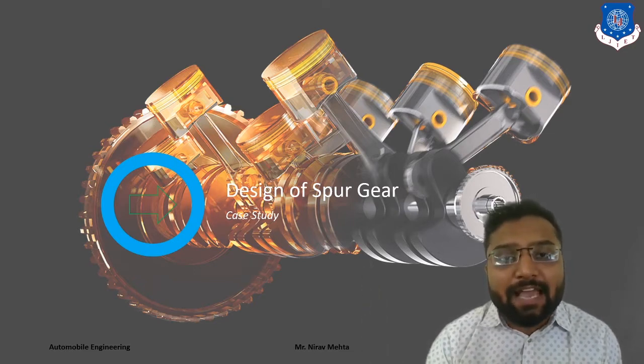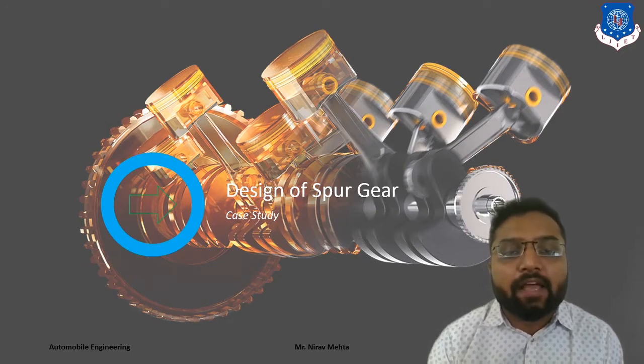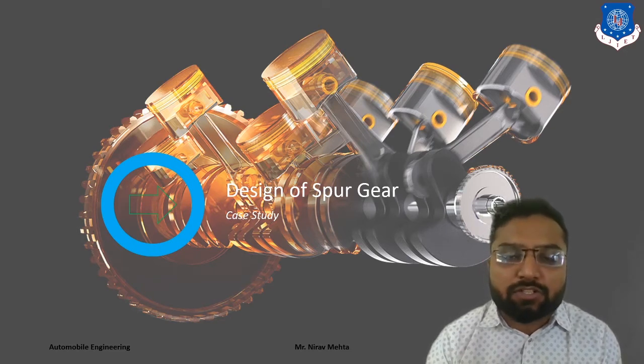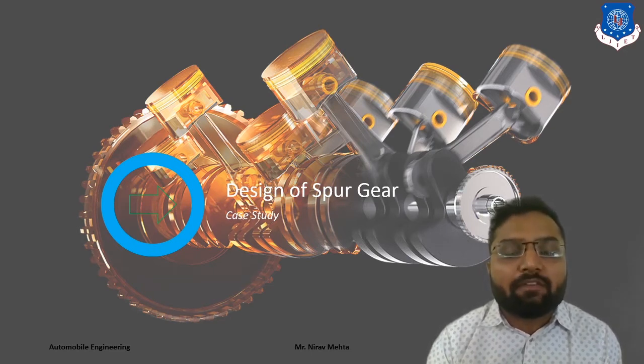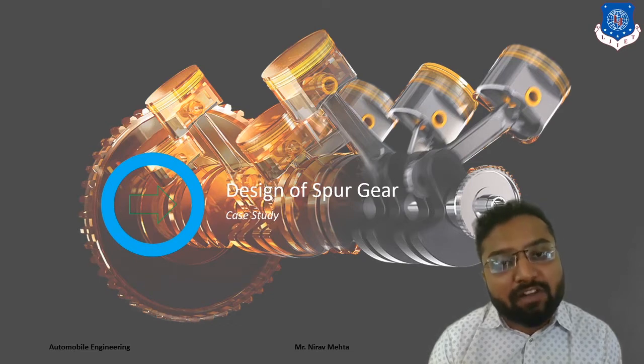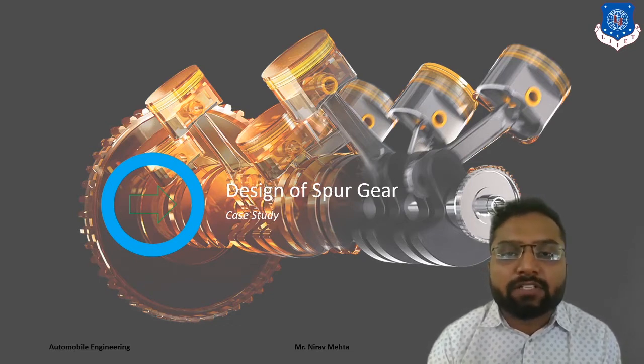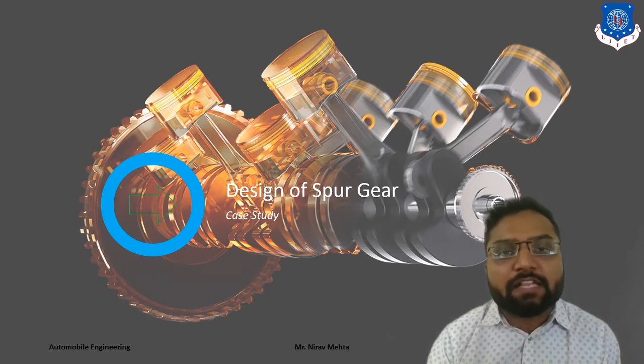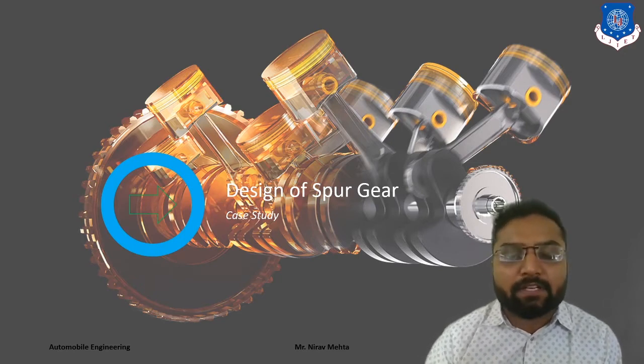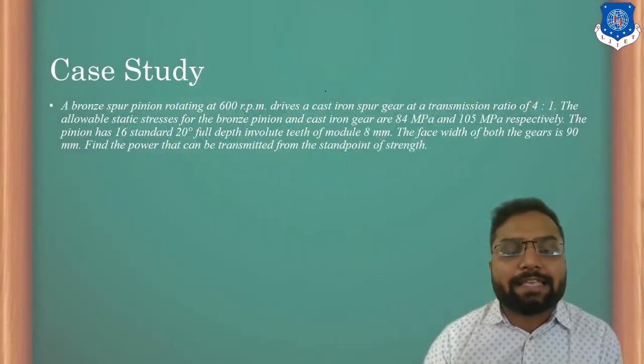In this design of spur gear, our main concern is to carry a thrust load, which is WT. Depending on this thrust load, we can find out the power transmitted by our gear. As well, we have to design the geometry of our gear, which is number of teeth, diameter of gear or module of gear, depending on this power transmission and load carrying capacity. So let's move on to this case study.